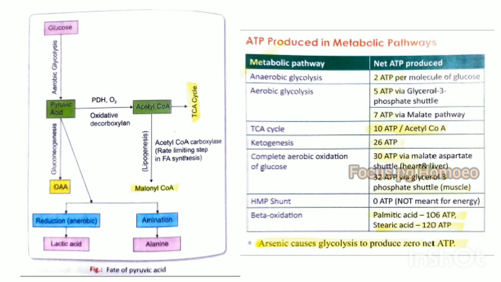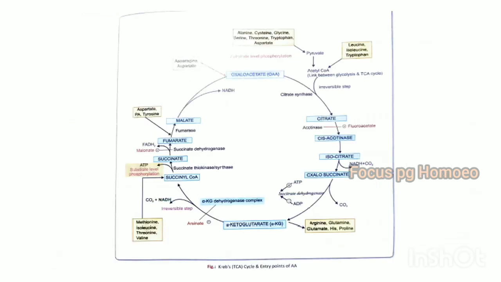Then in beta oxidation, if palmitic acid is oxidized, it will lead to the formation of 106 ATP, and stearic acid produces 120 ATP. Then this is the cycle of